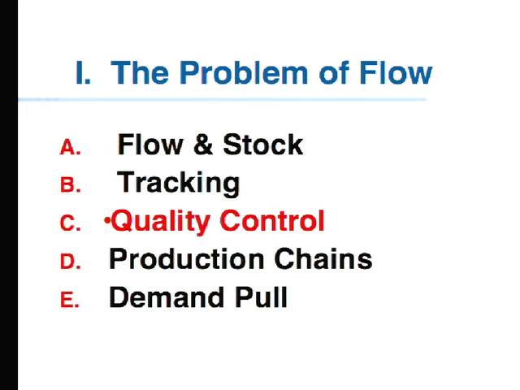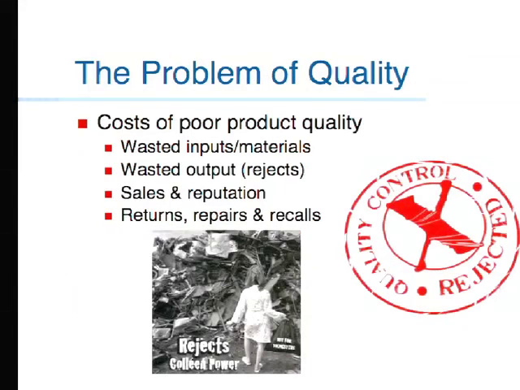Okay, quality control. Got to stick this in here because it isn't enough to just move things fast, keep it cheap. You've always got this problem of the opposition between cheapness and quality. And in products, quality is really important, but also in the production process. And this became an obsession, again, with the Toyota system, which taught the world, really, in the 1980s, which may seem a long time ago to you, but not to us old guys, that the manufacturers were not paying enough attention to quality, and that it was costing them an enormous amount of money.